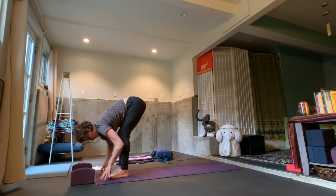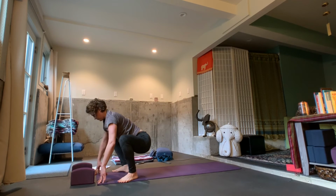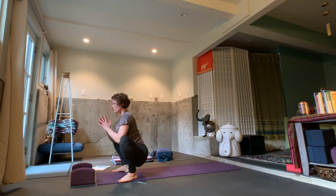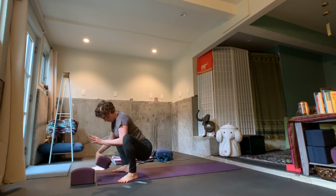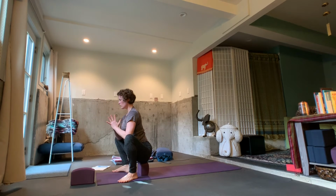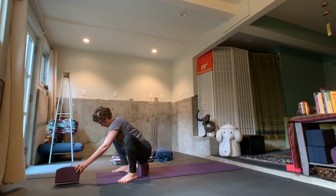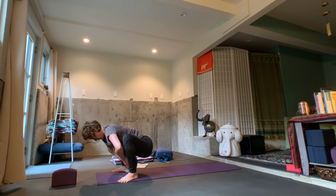Go ahead and release the fingers from in between your toes. Spread the feet out a little bit wider, toes pointing away from you, coming into a Malasana squat. If you're comfortable there, you can bring your hands to your heart center. You may choose to take a block or something underneath your seat. Using Malasana just as a transitional pose, we're coming down onto our back, bringing a block with you,